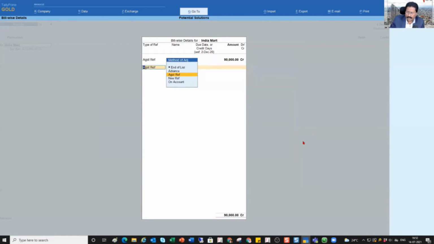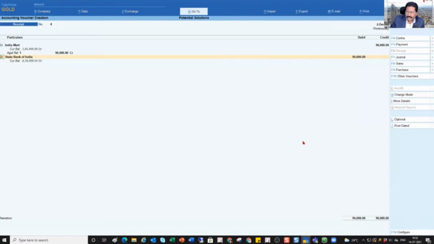Now in this case, the customer has paid only against my invoice number 1. So how do you break this? So you select end of list, enter, and the amount will automatically get captured, and you are now debiting your bank account. See, this pre-allocate becomes much easier and faster for you, especially when you are making a payment against your outstanding multiple bills, right? So that you will know exactly what is the total amount for which you have to do a bank transfer, or for which you have to print a check.